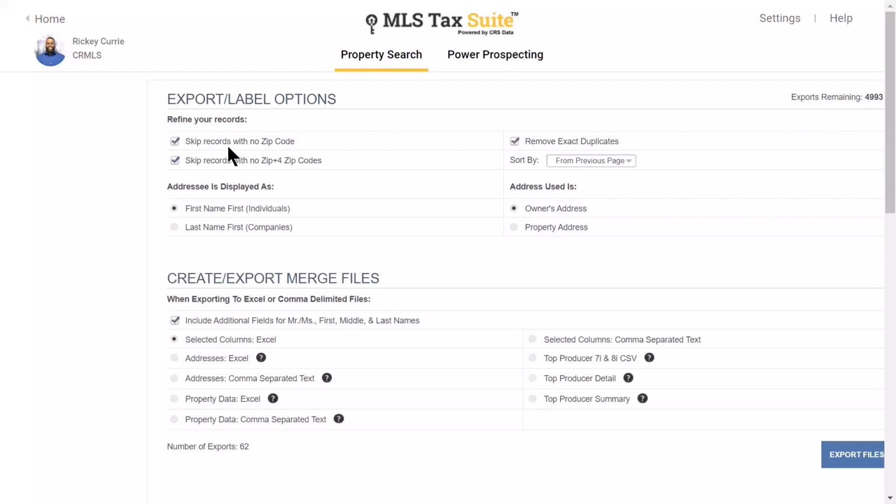Now, when it comes to refining your records, you can skip records with no zip code. I want it to go to a property. I don't want it to go to a PO box, so I said skip records with no +4. Remove exact duplicates. For the addresses, these are going to individuals, so I'll put first name first, and I want it to go to the owner's address.